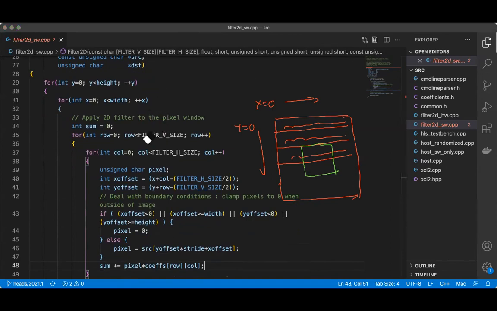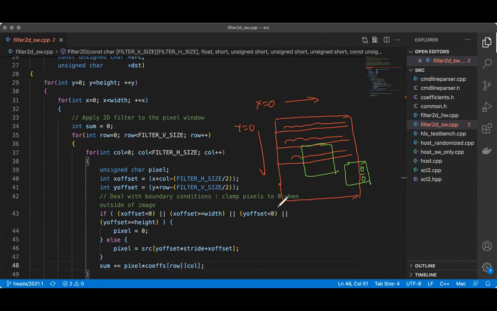Pay attention to the code. It's good to understand the code, get a conceptual idea, and then try to look at the code. So this is the place where the filter goes out of the boundary. When the filter is being applied here, these pixels should be zeroed out, and that's what is being done in the if statement here. If the filter doesn't go out of the boundary, then we take the source image pixel. If the filter goes out of the boundary, then we make the pixel value equal to 0.